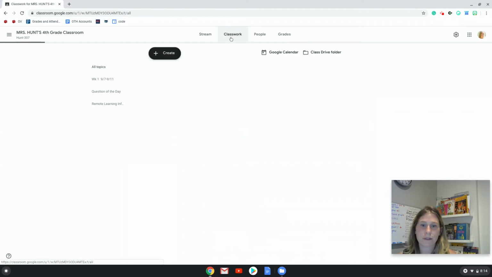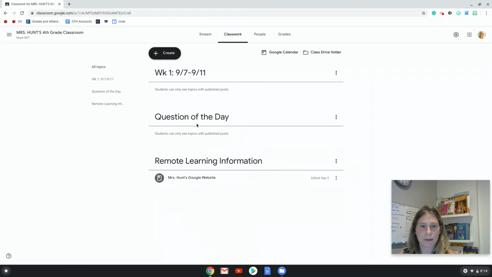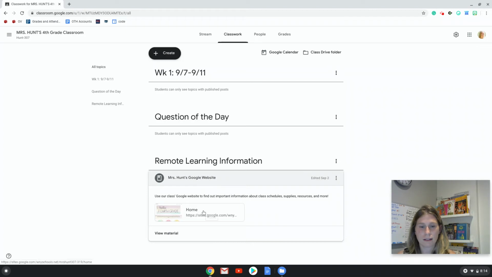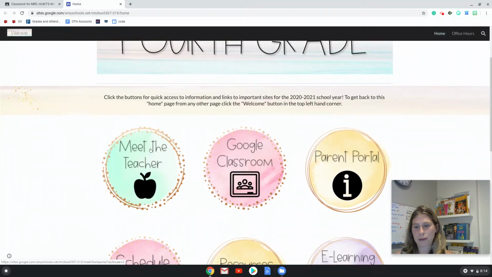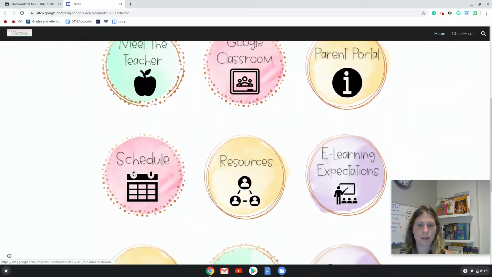Then this next page is the classwork page. You probably won't be able to see these things yet because they're not published for you, but they will be eventually. This one you should be able to see, and this is an important one because it's what takes you to my Google website. Click on that, and you click on Home. It will take you to our class's website where you can get information about me, more links to our Google Classroom, where your parents will be able to access the parent portal, which will have your grades and other important information about you. You'll be able to see the schedule,